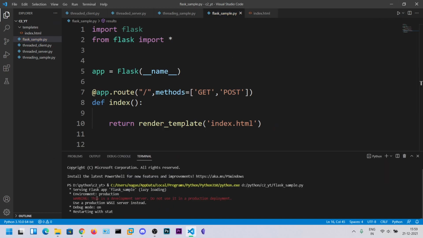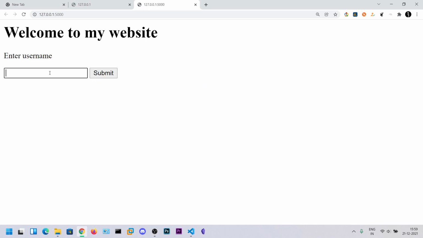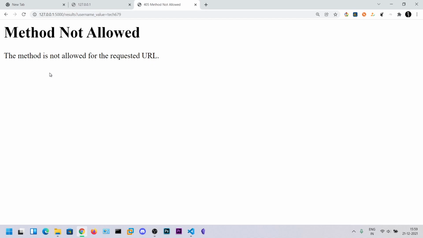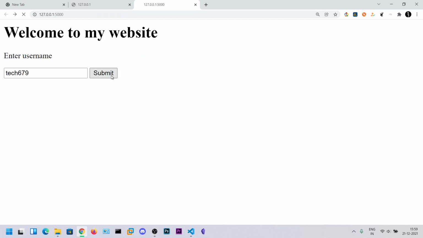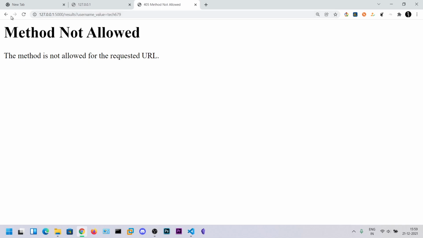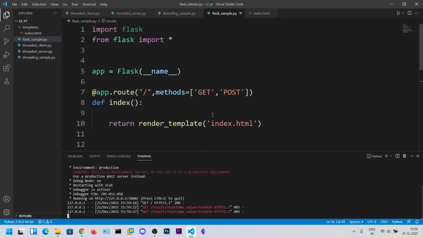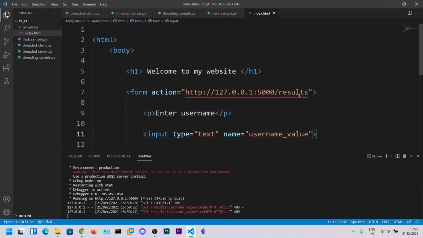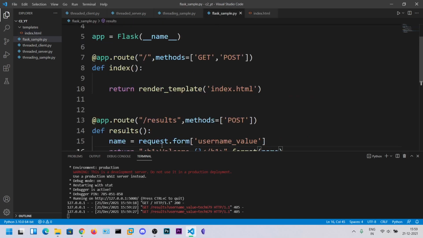Let's run the server and let's submit a name, Tech69. So the method is not allowed. Okay, we need to say the method is equal to POST. Sorry for that.